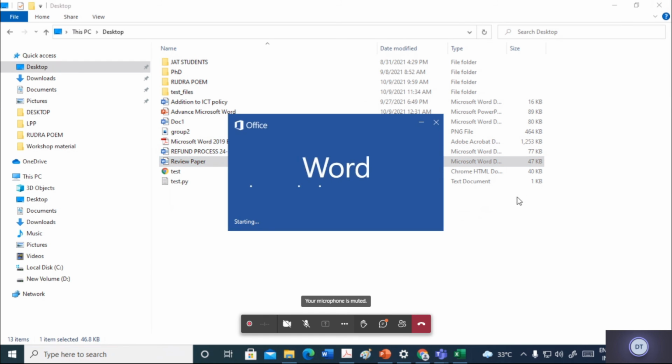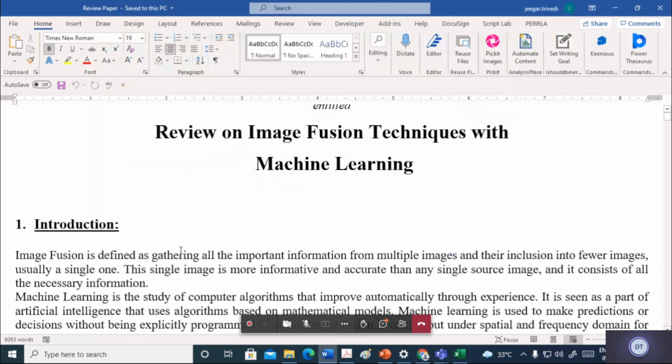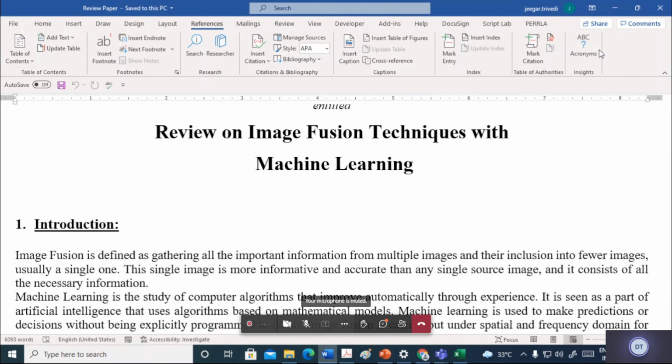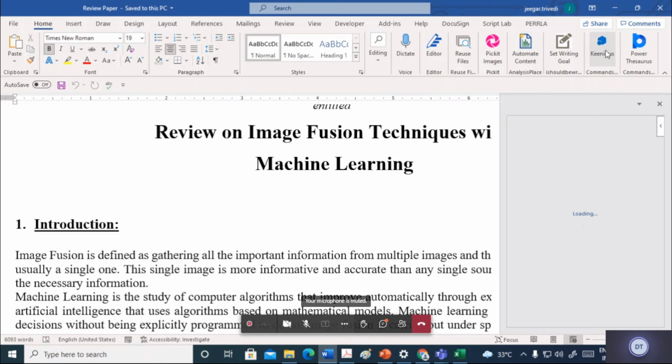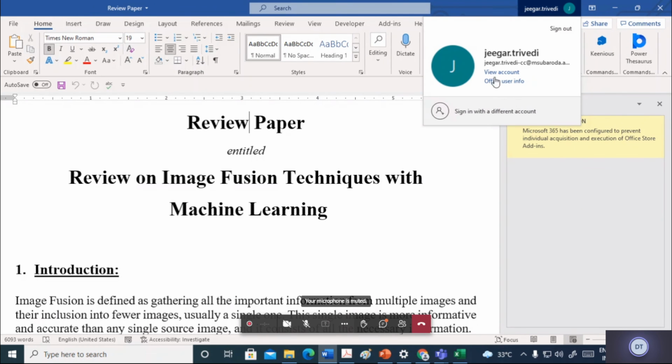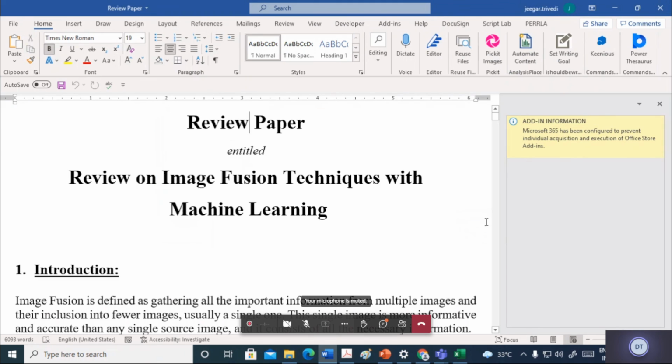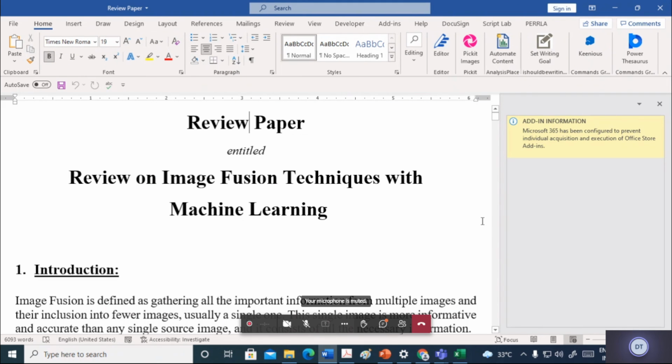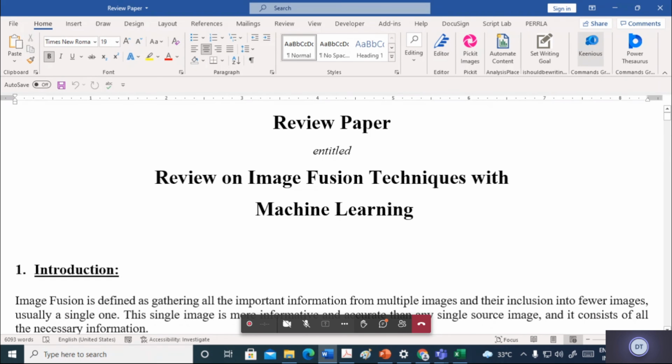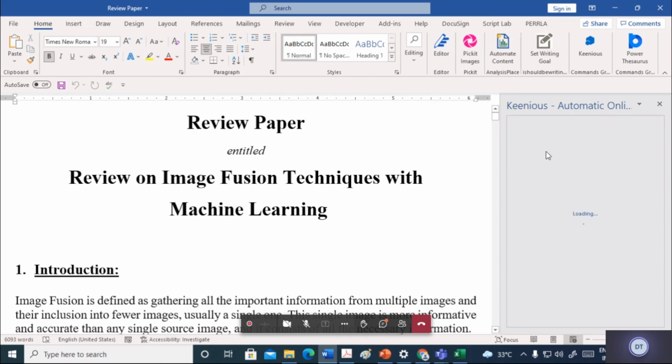Let us restart it. Now let me click on this Kinnius. No, it does not allow me. But it is very important when you write a legal document. No, it is still giving an error.